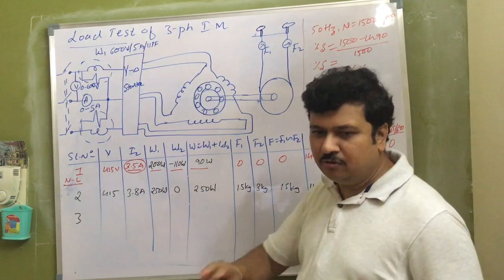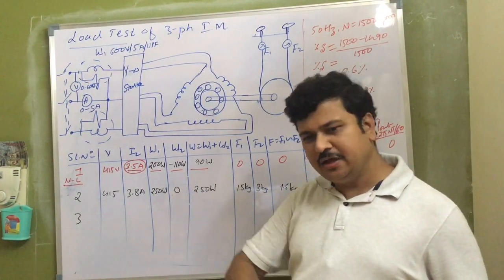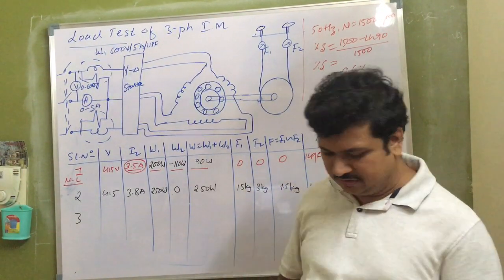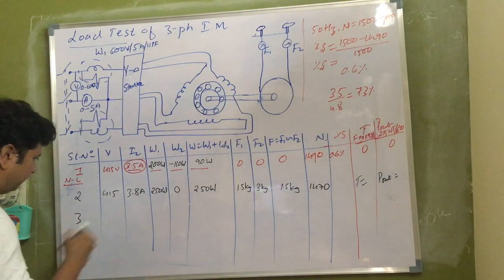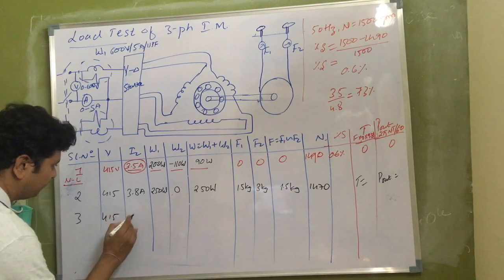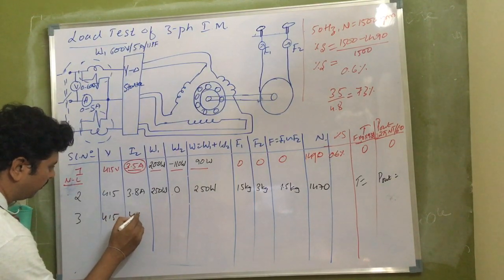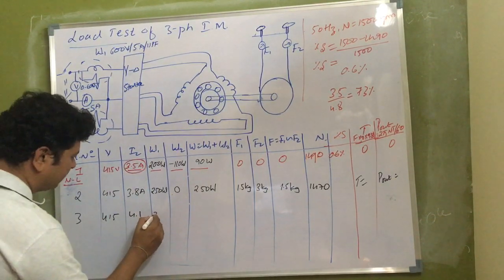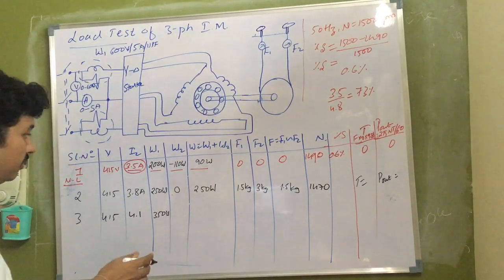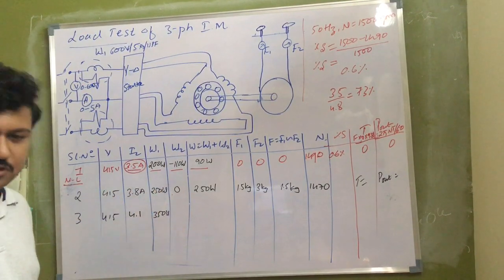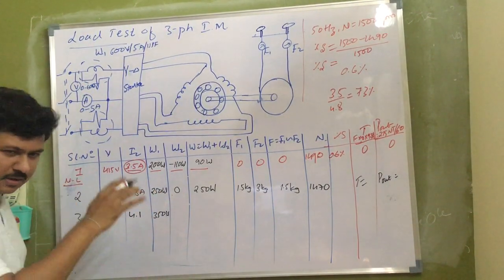Now after that again you have to reverse that coil, and those will be positive values. Now the third case of the readings will be around 415, say 4.1 amps, somewhere around 350, not exactly, I am just assuming, because I know as output increases, input increases. With that concept I am increasing.